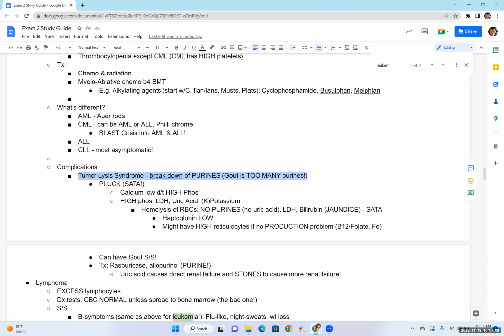The fact that there's a nucleus, and when you break down nucleus components, you have purines in there. Purines make up DNA and RNA. You have ATGC in DNA and RNA, right? Pure as gold, AG are your purines. You don't really know that, but that was basic sciences. Those are getting broken down, so you have purine breakdown into uric acid, right? And you use rasburicase